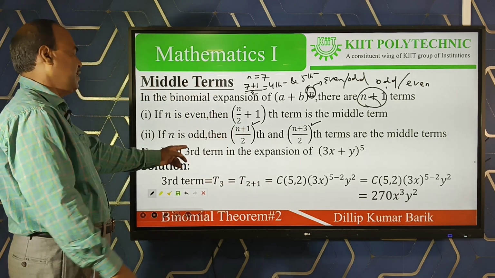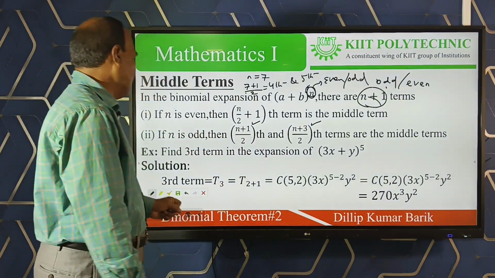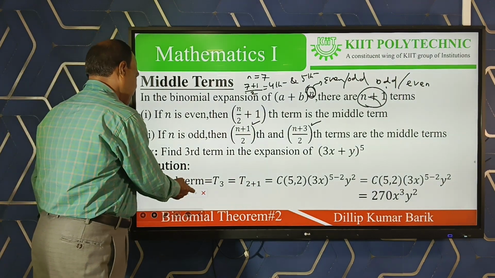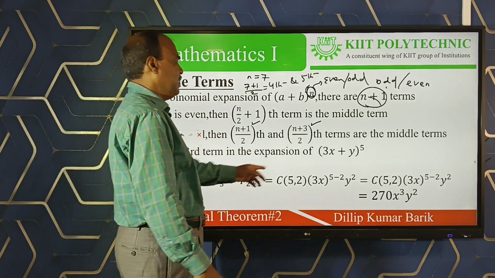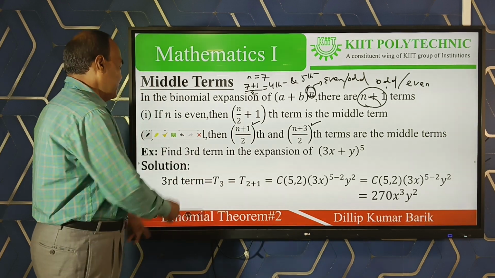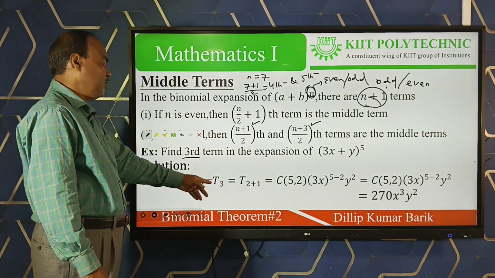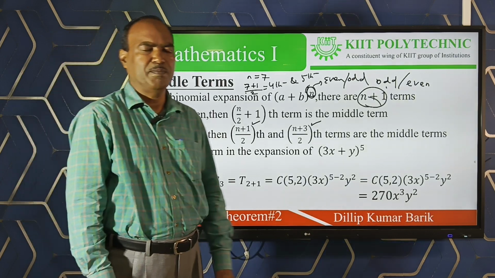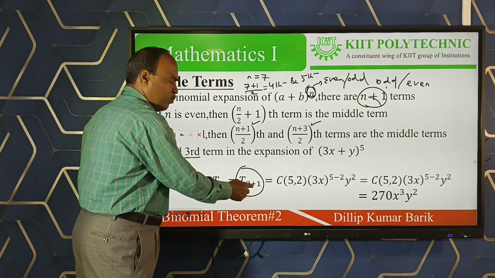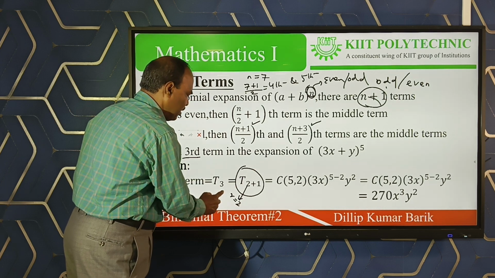Using this fact, consider an example. First we take a general question: how to find a particular term in a binomial expansion. Suppose I take the binomial expansion (3x + y) to the power 5. The question is to find the third term. Then we see, in our usual formula, to find the value of t3, taking the help of the general term t(r+1), t3 is nothing but t(2+1). Clearly r is 2 here, and n in your question is